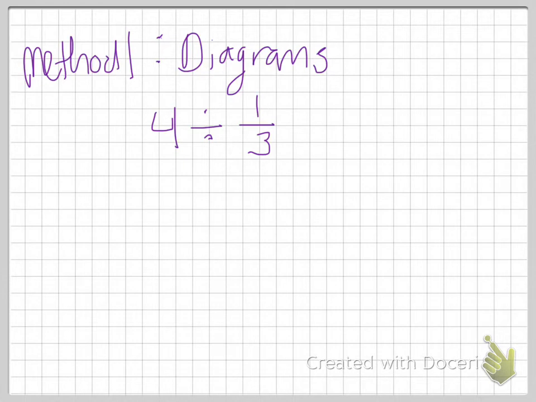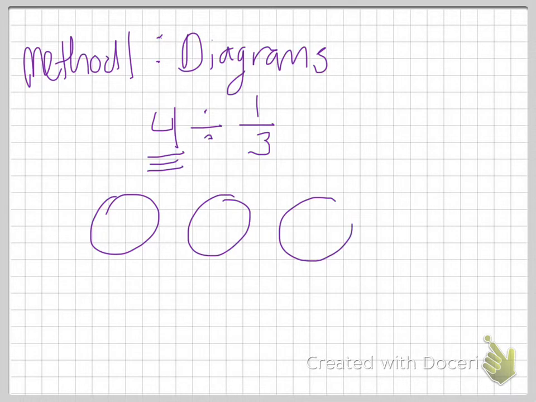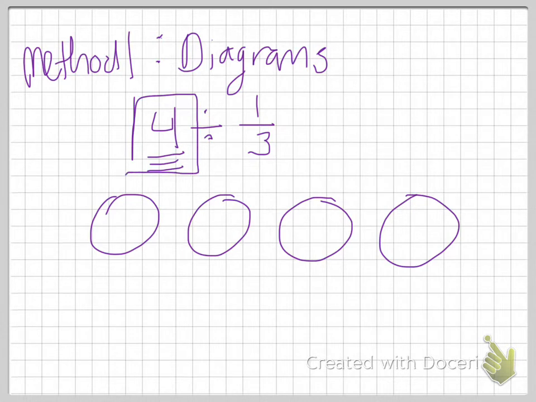So let's start with our first method, which we've been doing for a while, which is diagrams. This is most useful when the first number is a whole number. If it's not, it gets a little tricky, and I would recommend one of the other methods. I've noticed that a lot of people like to use circles, but you choose the whole number, you use that as the number of circles that you create, and then you split them into whatever the denominator of the fraction says. So in this case, I'm splitting it into thirds,